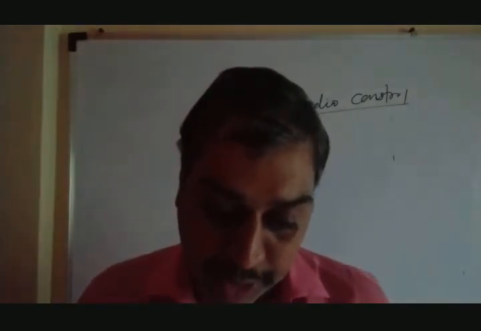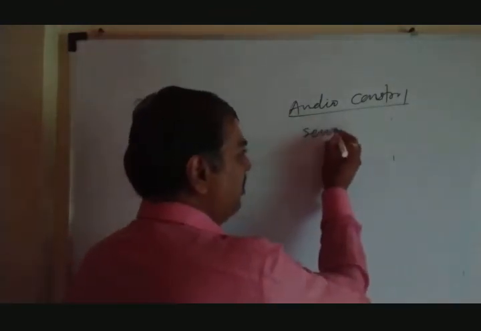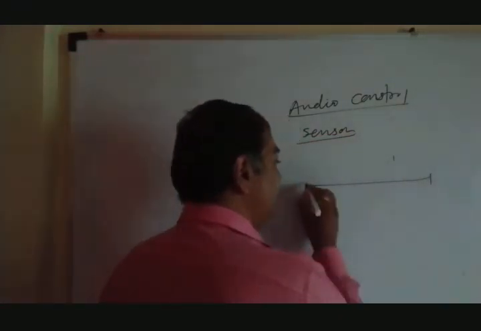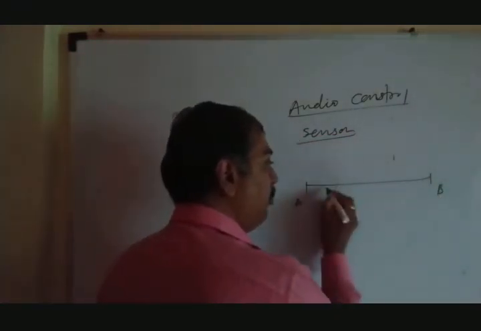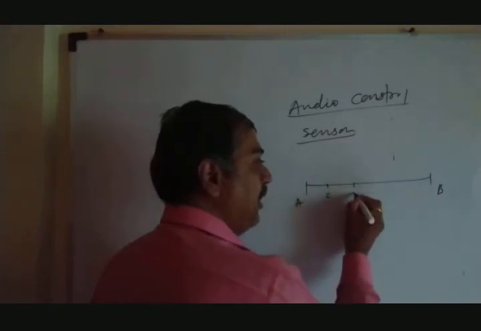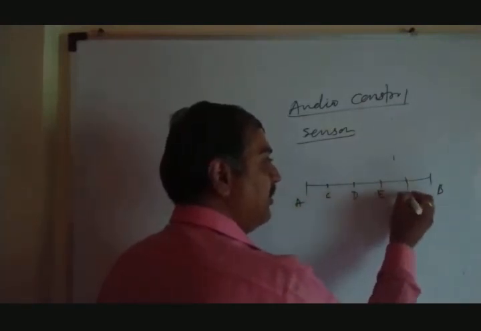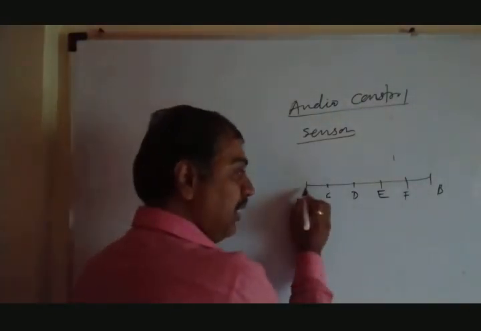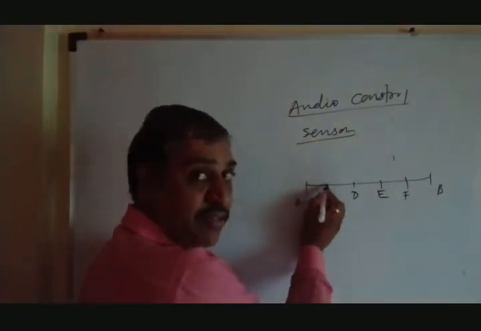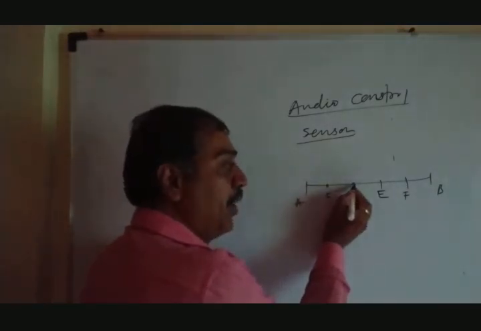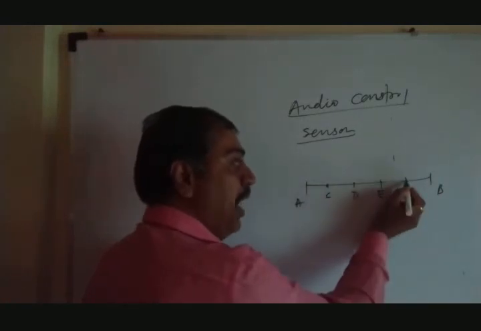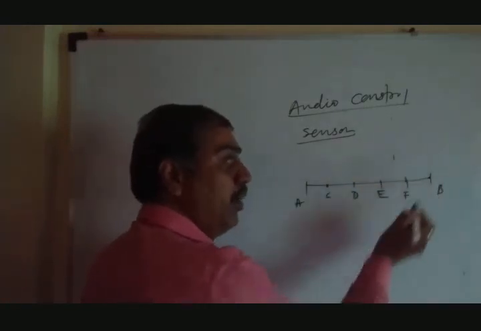Third one, potentiometer as a sensor. So what does a sensor mean? As we have seen, suppose this is wire AB, and suppose we are at a point C, then D, E, F. When we are at A it is 0 volt. At C, some smaller value of voltage. At D, voltage increases. At E, again voltage increases, as length increases from A to F. From A to B, the voltage is maximum.